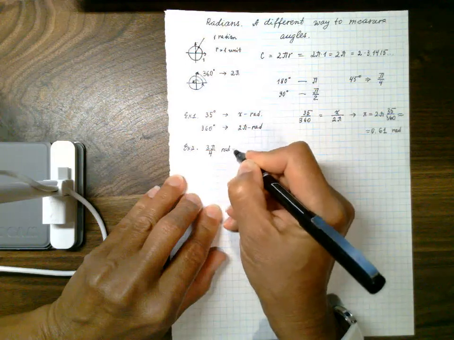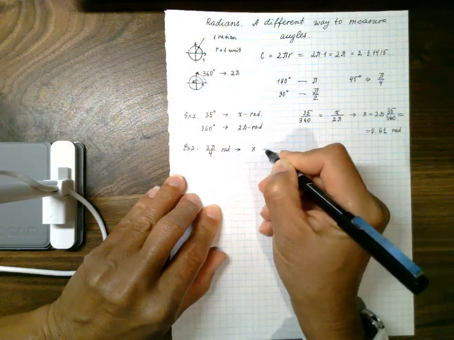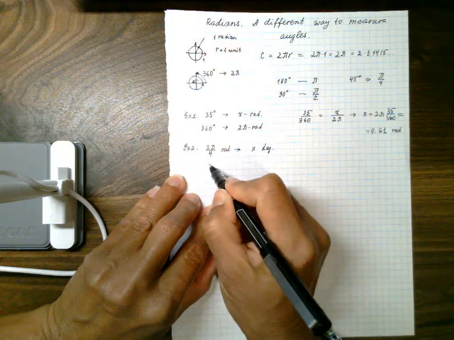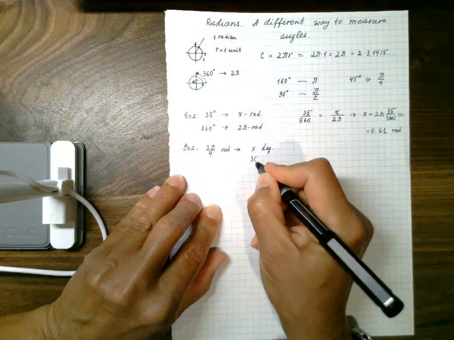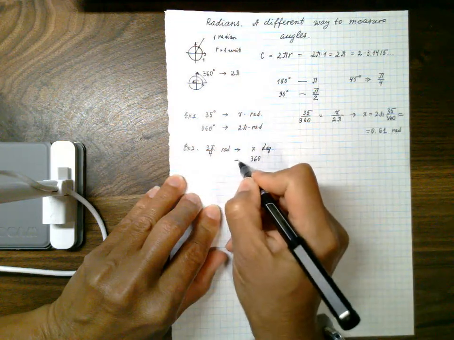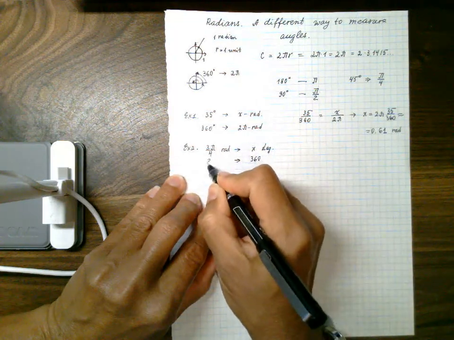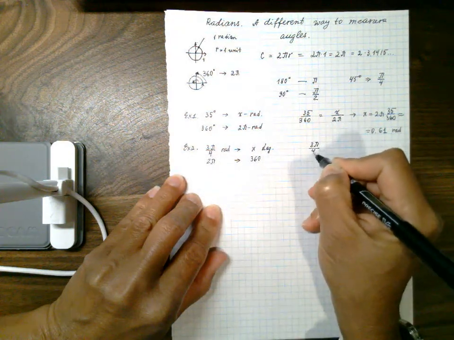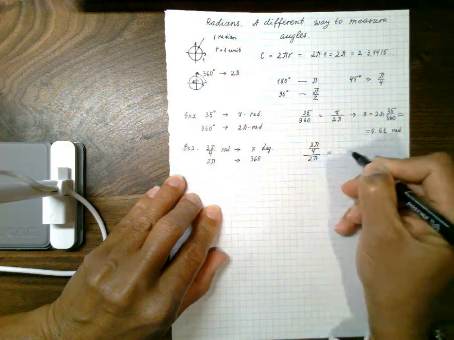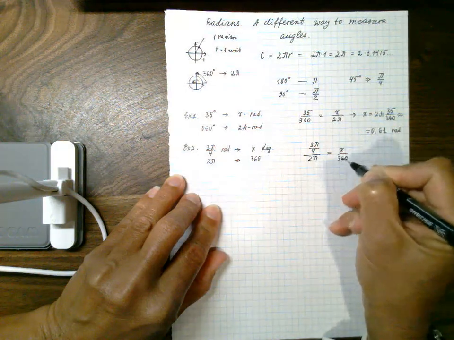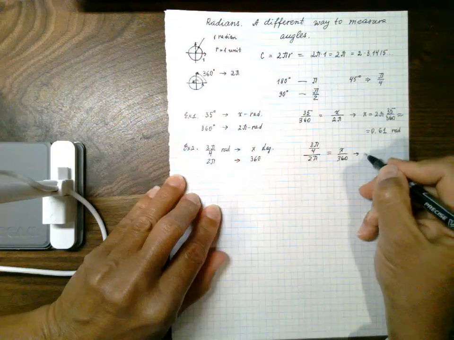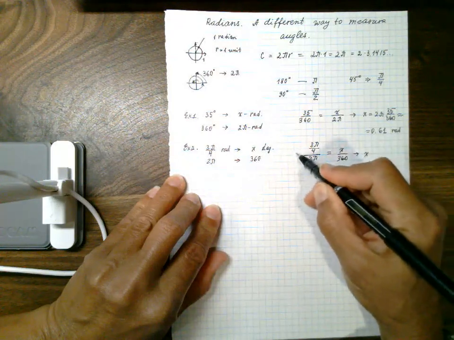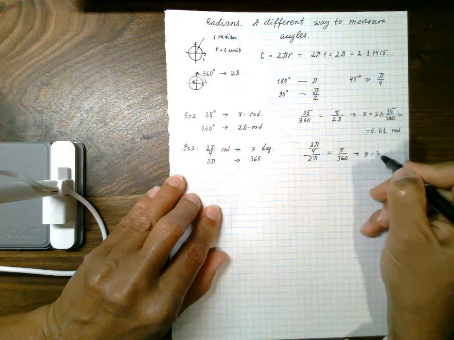Well, if this is in radians, then we are going to have x in degrees. I'm going to put the measure of 360 degrees, and the measure in radians is 2 pi for it, right? And make up a proportion again. So it's 3 pi over 4 divided by 2 pi is supposed to be equal to x over 360. From where x, multiply both sides by 360, here cancel, here just multiply by 360, we are going to have 360